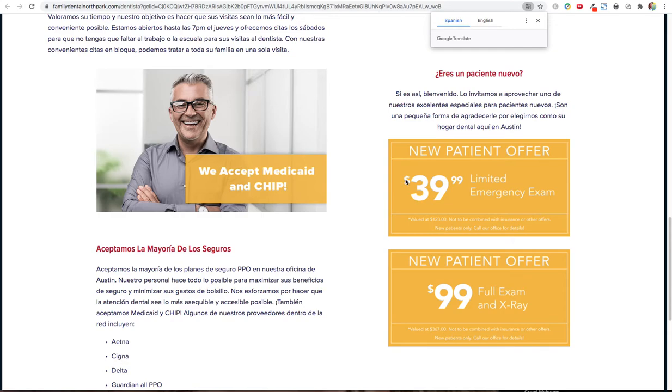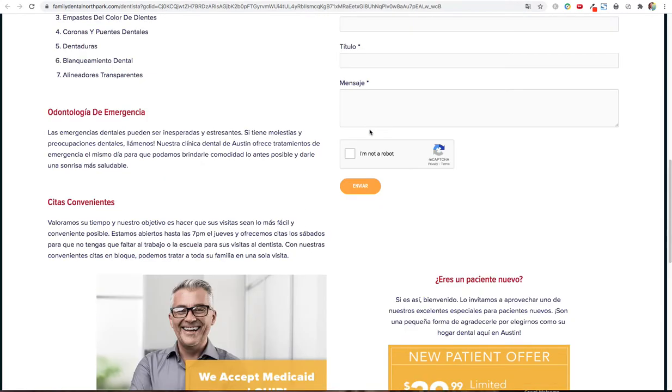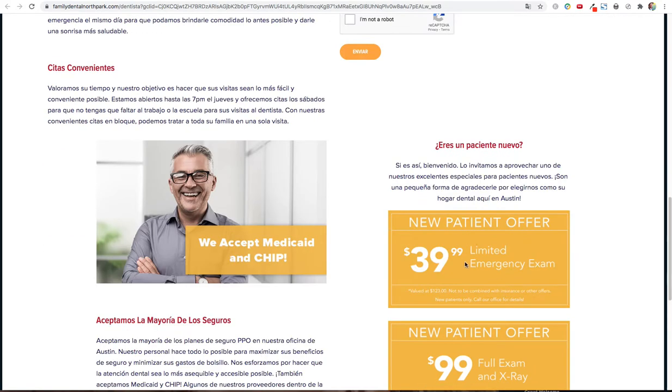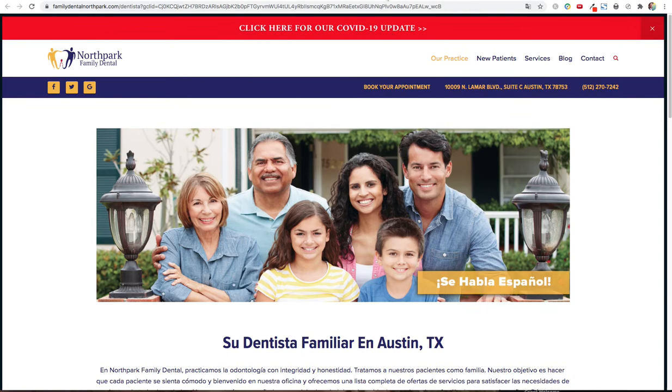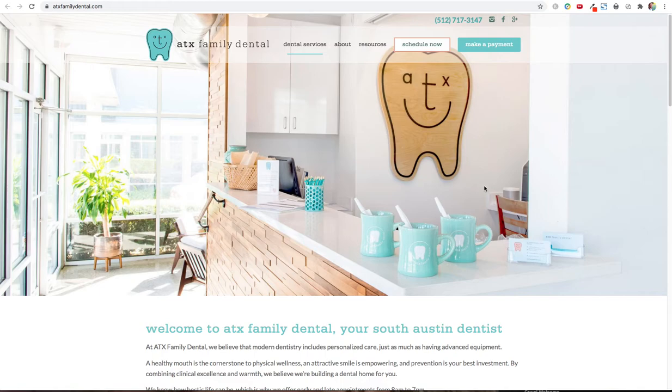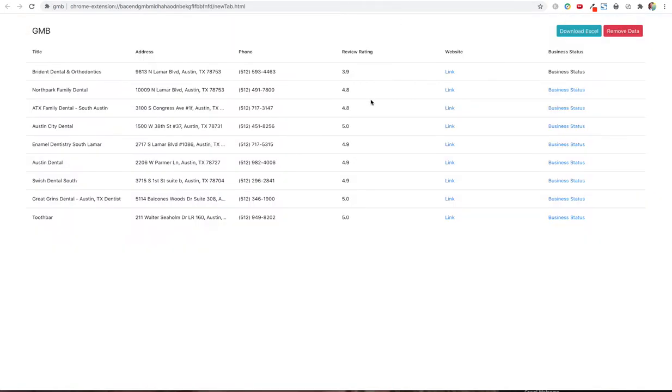And if they have these kind of specials, that's something else that we can sell them on inside of our websites, that it's an actual clickable, like click now to schedule your call, schedule your appointment or whatever it is. But that's all you're going to do. And again, we're just going to go over the tool one more time, because this video is really just about learning how to use the tool, and not so much about